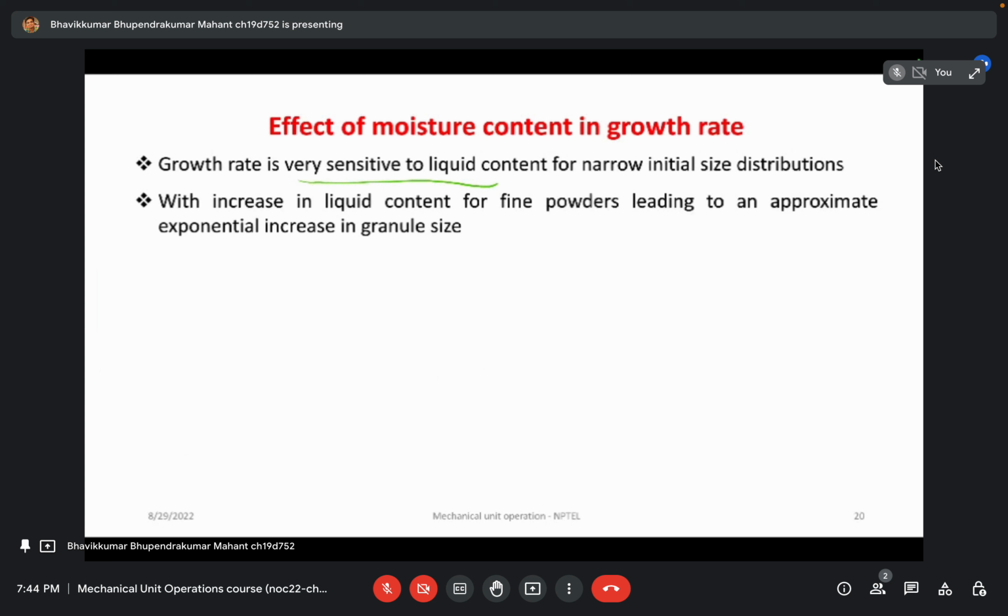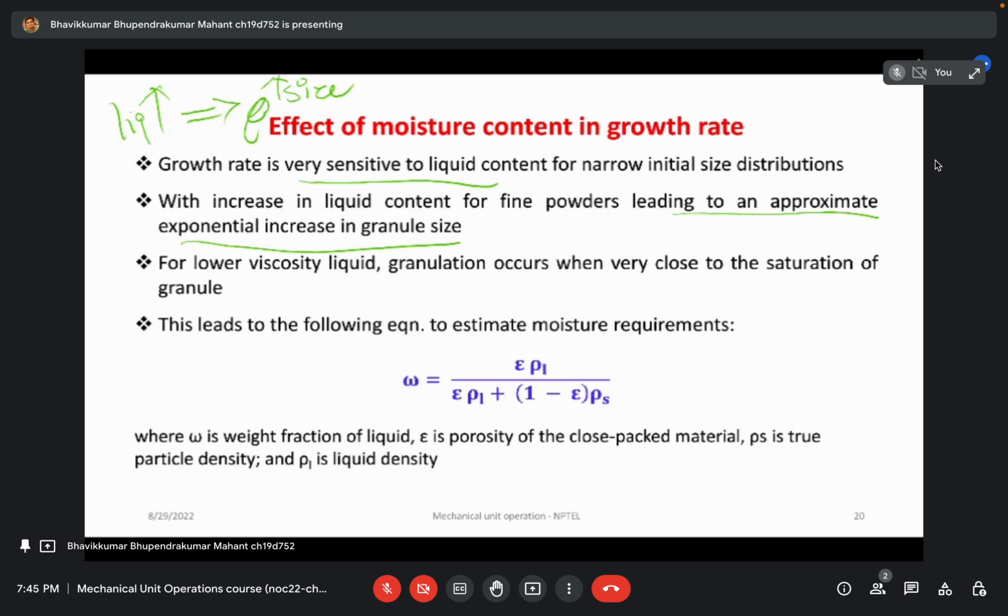So with an increase in liquid content for fine powder, there is an approximately exponential increase in granule size. So there is one major serious issue: if you increase the liquid content, the granule size can increase exponentially. That is also a major issue while operating this kind of size enlargement equipment. That's why liquid content is an important thing. And how can we go for it? So for lower viscosity liquid,